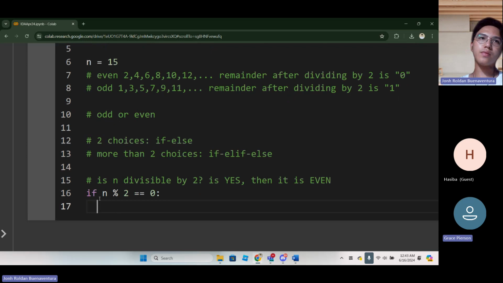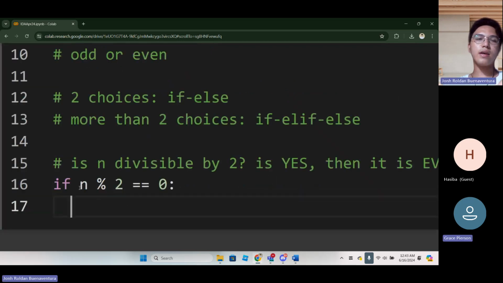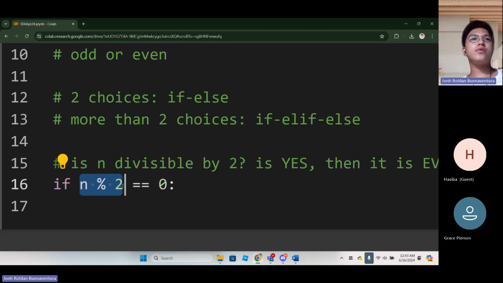This part will give you the remainder, and you are comparing that remainder if it is equal to 0. If it is equal to 0, therefore it is divisible by 2.